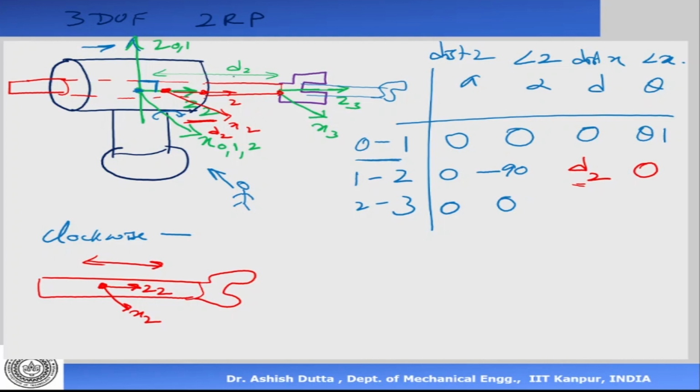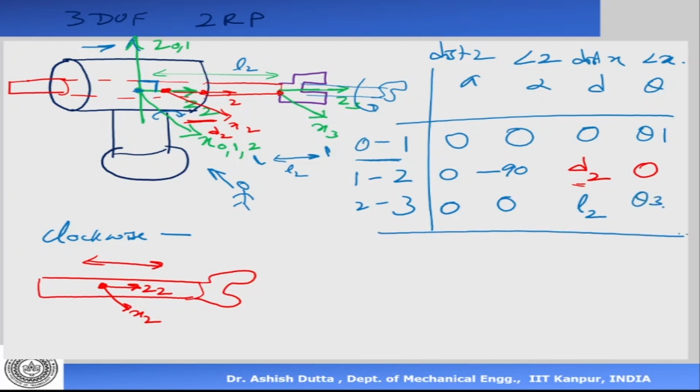There is a distance of d2 here, so I put, sorry, let's call this, if that's my d2, let's call this L2, otherwise it will confuse. So let me put this as L2. So the distance between the z-axis, so z2 is here and z3 is there, so this is my L2. Okay, and what is the angle when it rotates like this? What will change? Theta 3 will change.